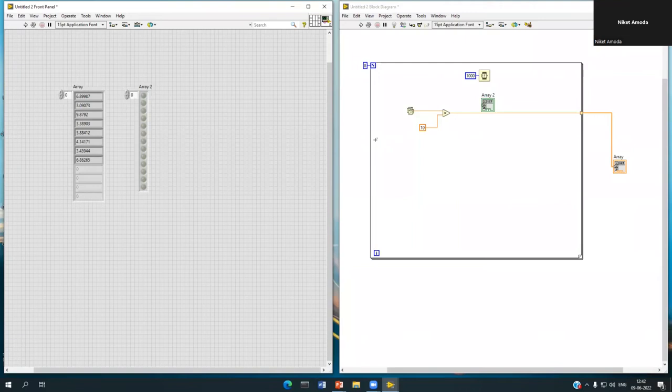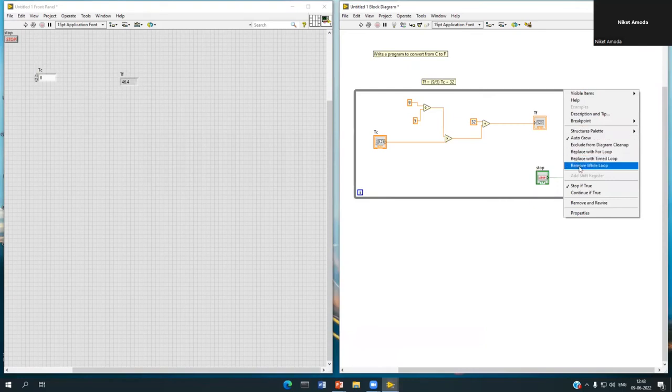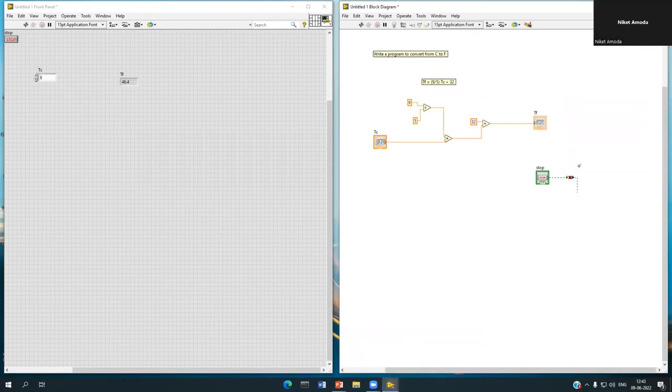So we'll understand one more concept, because all these fundamentals we require when we develop any robotics application, because in robotics applications there are different cases available. So how to use cases, the case structure in LabVIEW, that I will teach you. So this is one random generation. There's one more program that we were doing earlier. The same program I will take, convert from Celsius to Fahrenheit, which we did using the while loop. I will remove the while loop now,